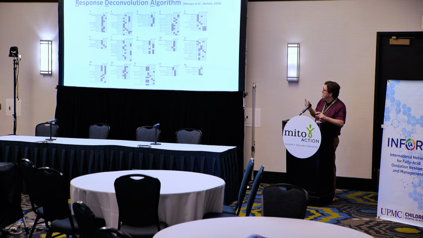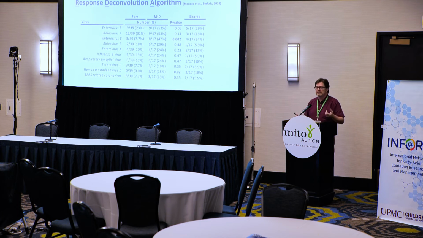So we next looked at what are the top hits? What's the hit list for these viruses? And this is it. So Enterovirus B happens during spring/summertime. Enterovirus B encompasses a pretty large family of different viruses. So you can get things like GI symptoms, like acute gastroenteritis, diarrhea, stuff like that. Or you can get respiratory stuff. Rhinovirus A, that's one of the common cold viruses, right? That one was pretty common. Enterovirus C is once again another GI bug, rhinovirus B, Enterovirus A, influenza, respiratory syncytial virus.